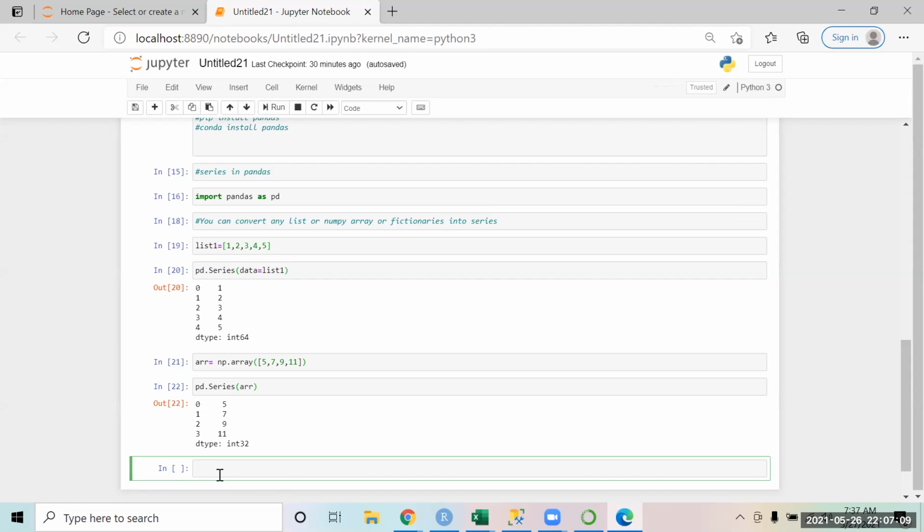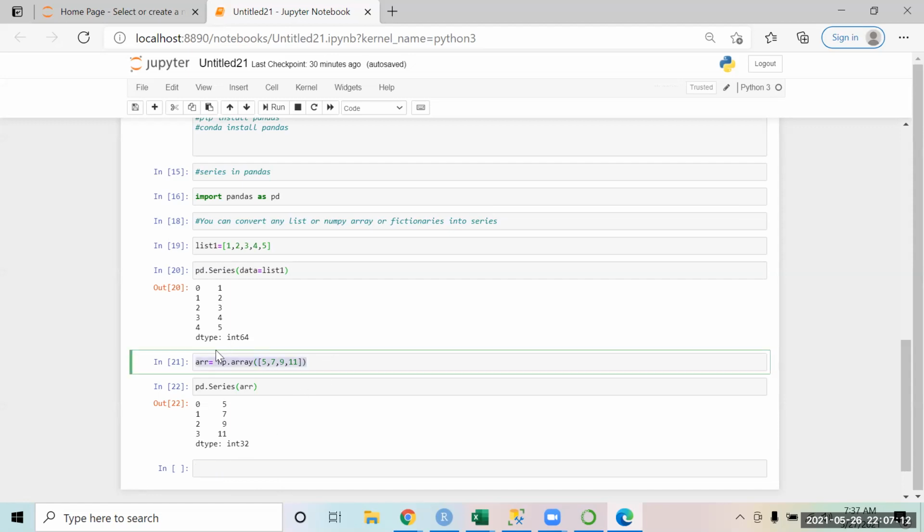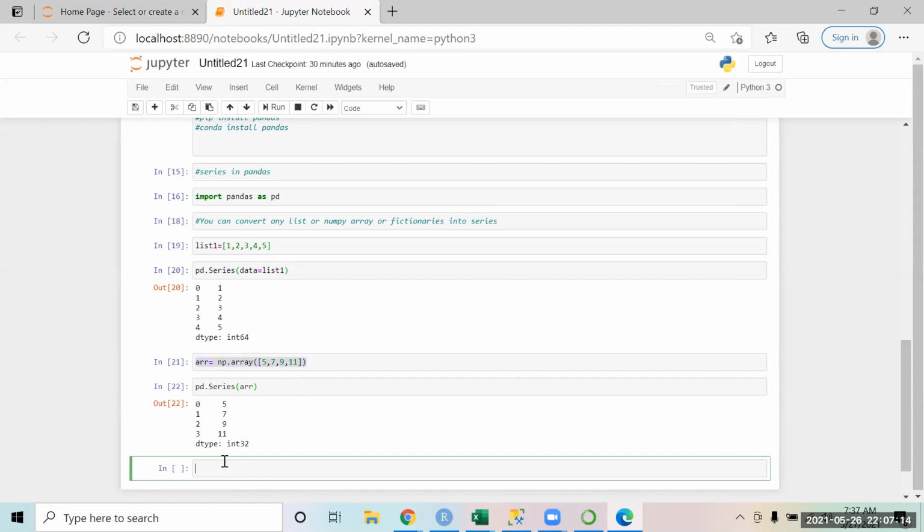Okay. And if you create this over here, you can also give different names to the indexing that we are giving. For example, if you create a series with pd.Series, by default it gives the index numbers as 0, 1, 2, 3, 4.